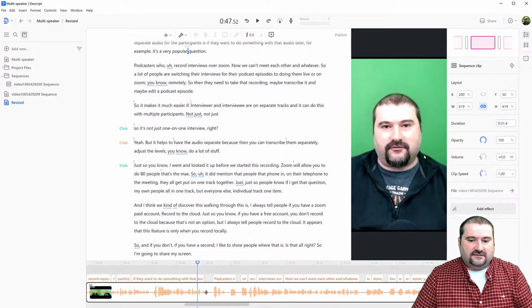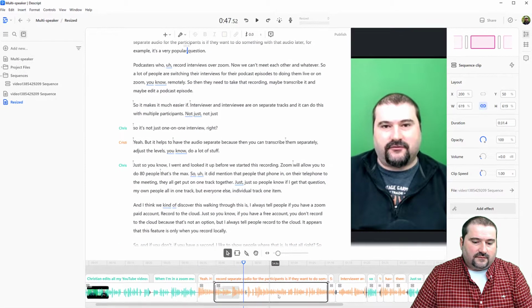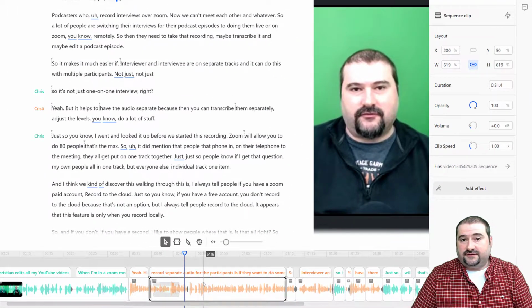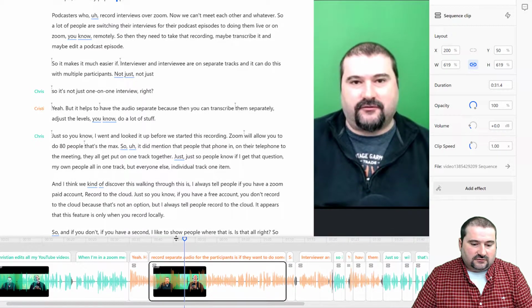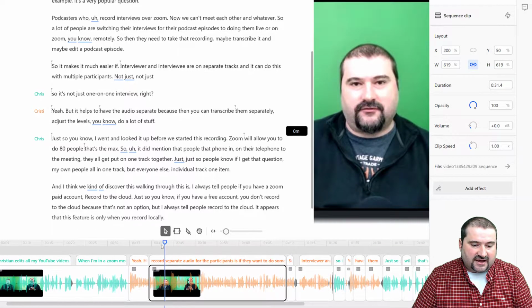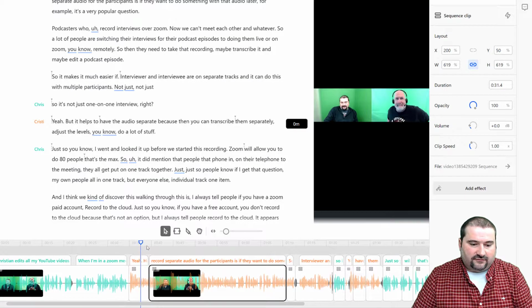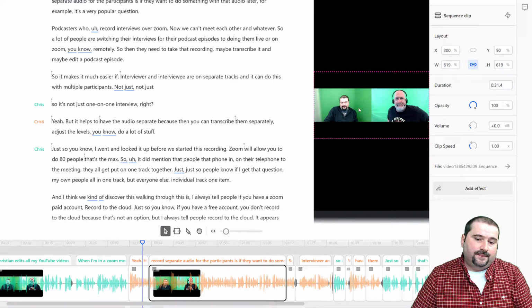Now the problem is, if I scroll my mouse wheel down here on the timeline, you can see that I've actually just adjusted that segment. If I move my playhead beyond that segment, you will see that I've actually not resized everything else. So if I go outside of this, now the video is back to that size.